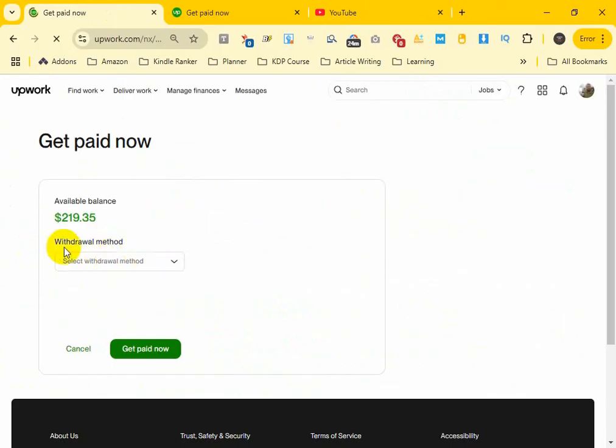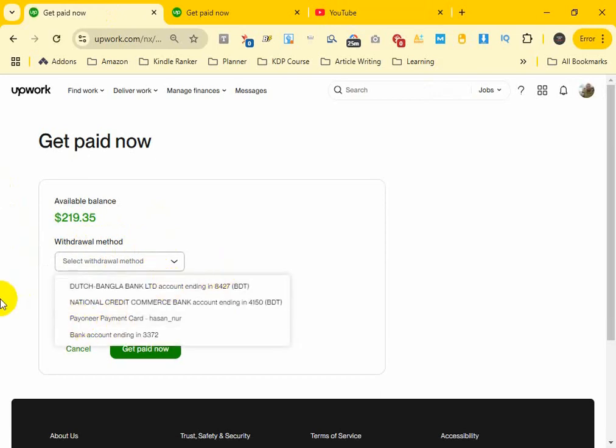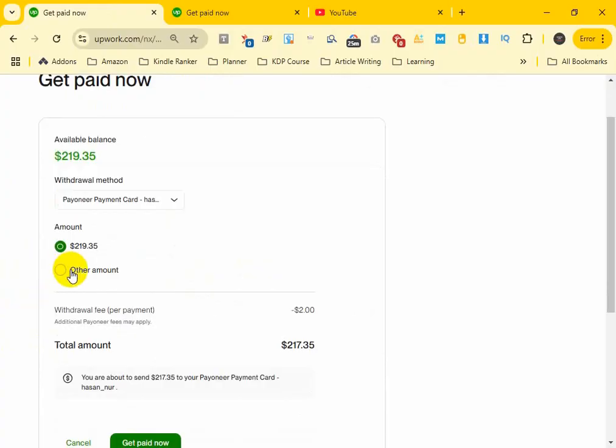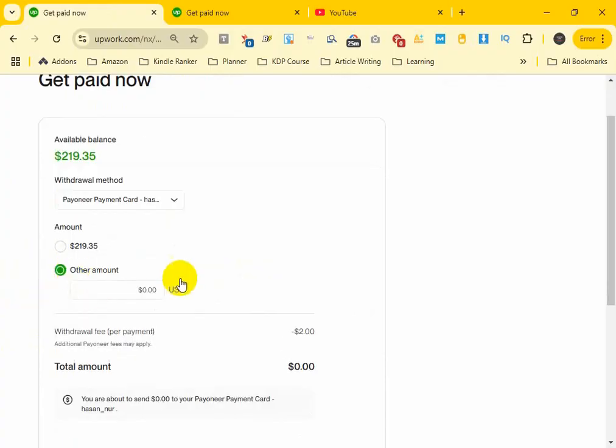Okay, now we just need to click on our withdrawal method. If we have multiple options, we see that if we don't have Payoneer connected, we don't see that option. I already have Payoneer connected with my account, so I just click on Payoneer and I want to transfer